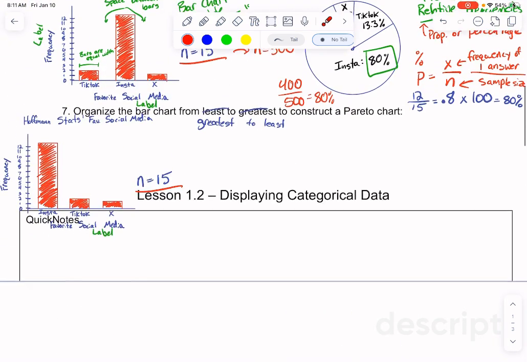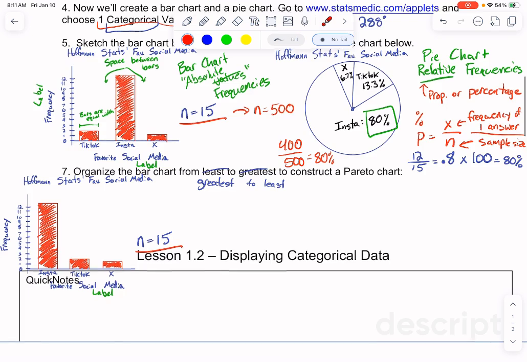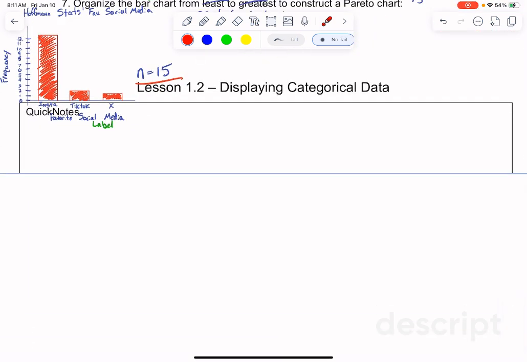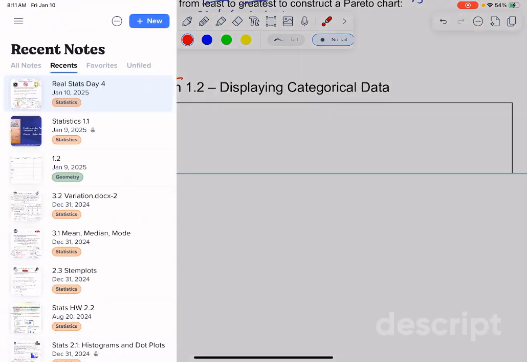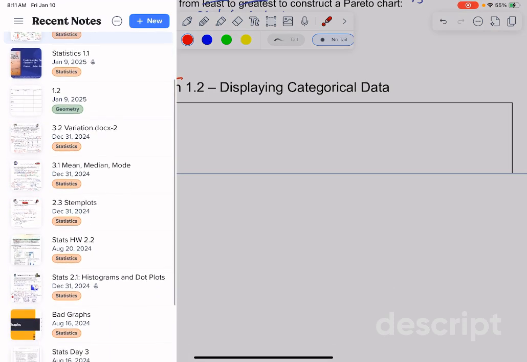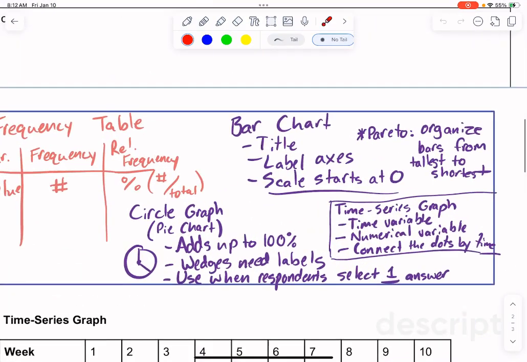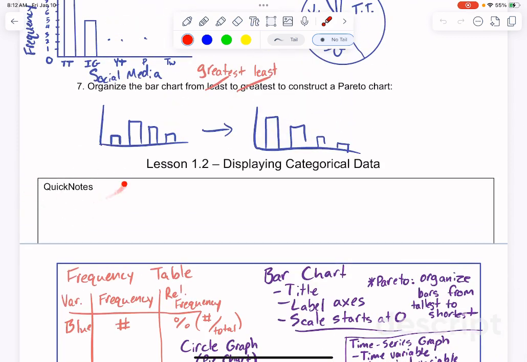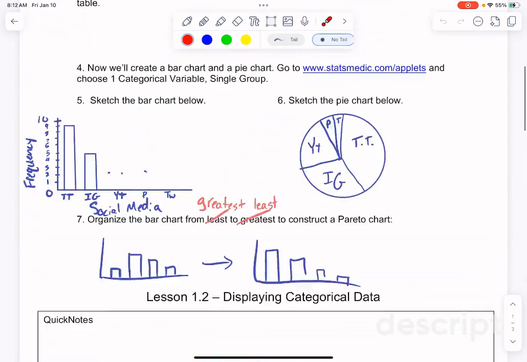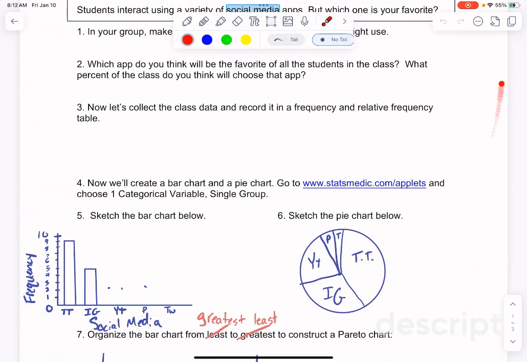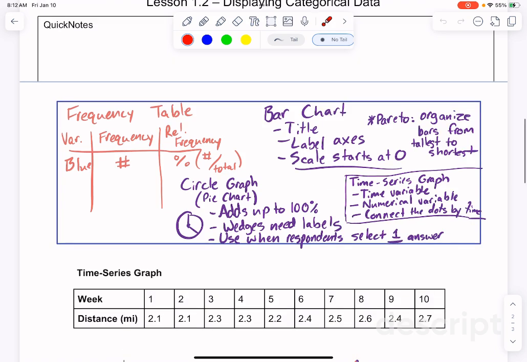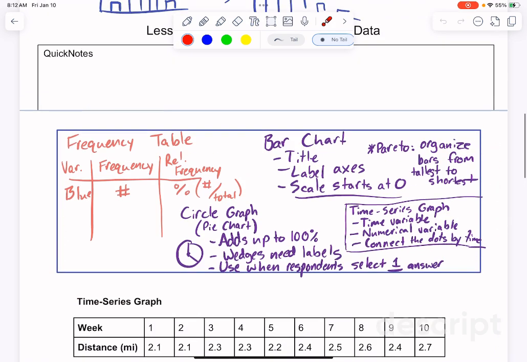All right, looks like I accidentally wiped my quick notes when I did that earlier. So I'm just going to pull up the quick notes from last semester. All right, so each day we're going to have, they're called quick notes. Sometimes I'll call them important ideas. This is just taking everything we did in the activity and making explicit notes out of it. So we've got 3 things, or I guess really 4 things to talk about here.